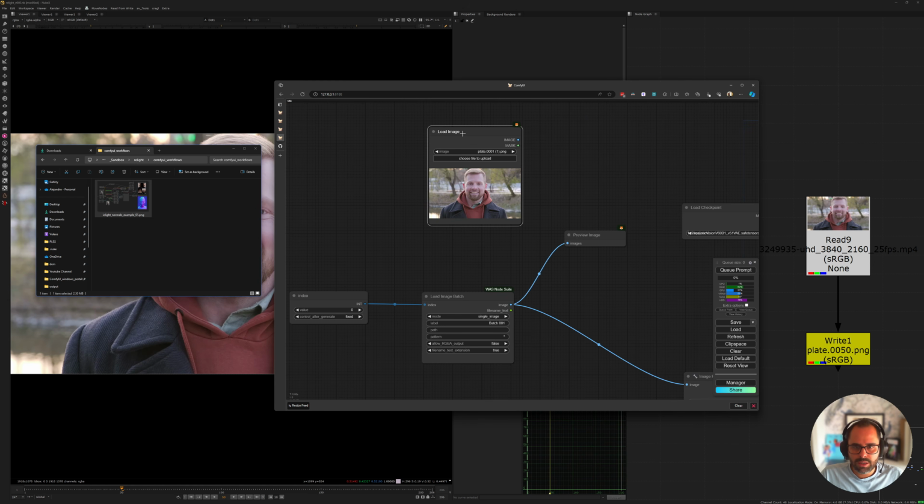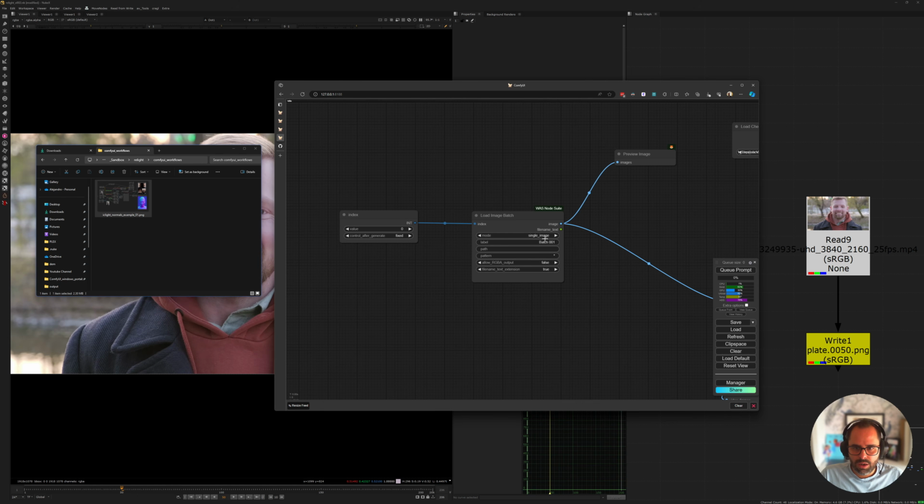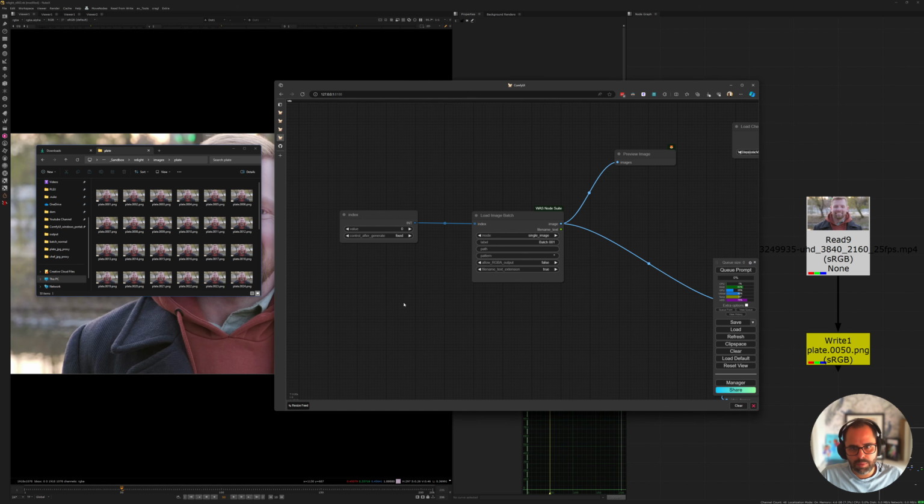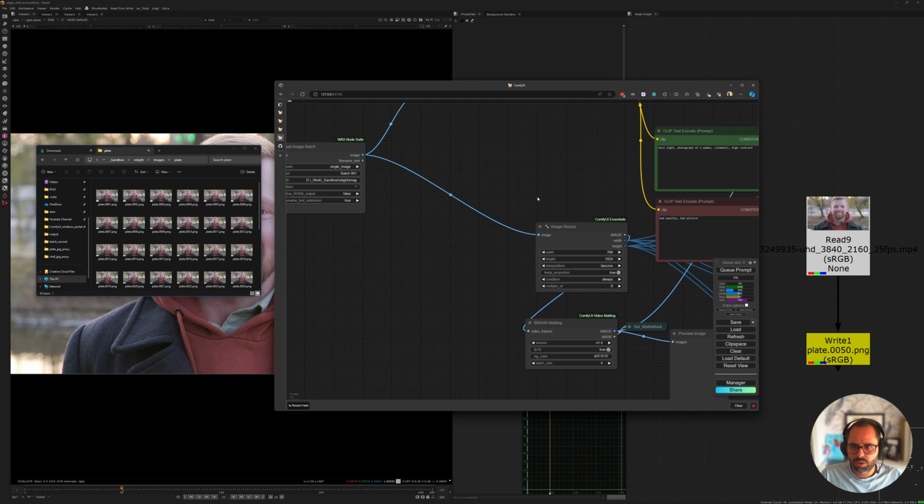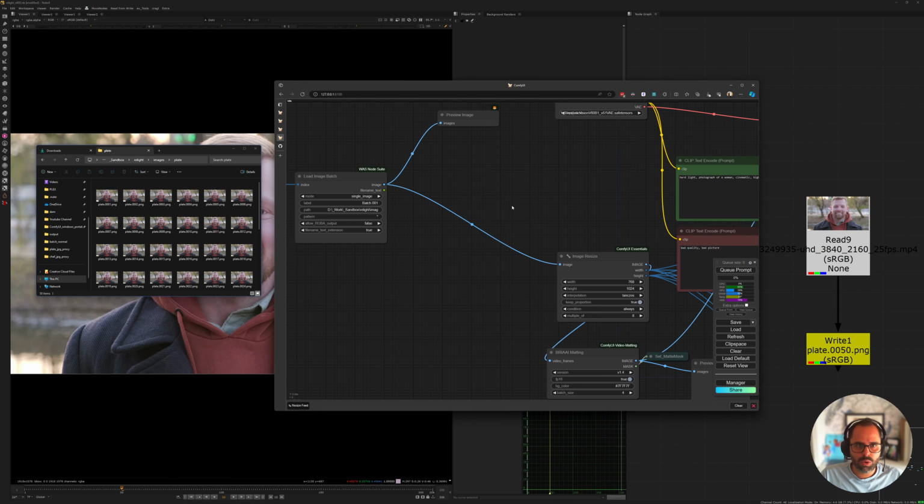Let's say I'm going to delete this thing here, and I am going to add the path to my images. If I say here images and plate, then I'm going to copy this path and paste it here. Now I'm just going to do a quick test on it, and I'm going